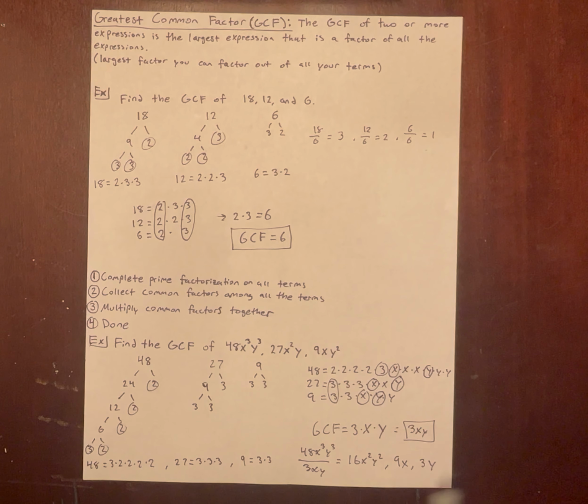I just want to prove to you that this 3xy is the biggest factor we can pull out without having fractions, because this has no more x's left, this has no more y's left, and I mean this has both, but these two didn't have any x's or y's left, so you couldn't pull out any more x's and y's. And so with that,